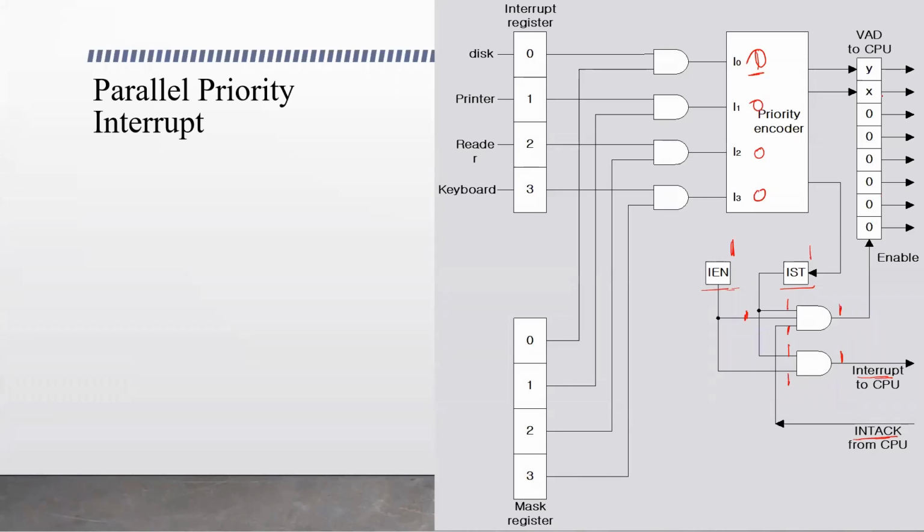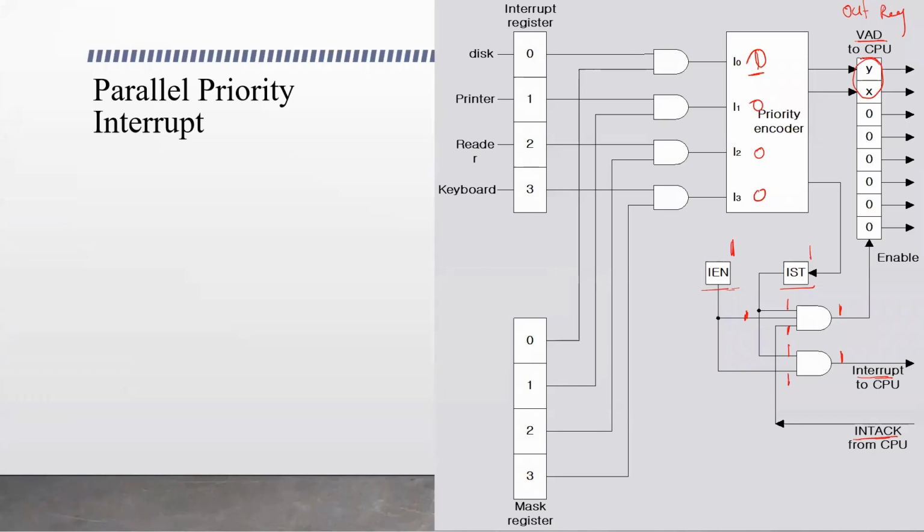So this enables this output register, where the address is placed. In this, the vector address that is sent by the device is placed, and later it is transferred to the CPU by the data bus. When the CPU responds to that interrupt, this enables the address buffers so that the vector address can be stored in these buffers. And what are these X and Y?